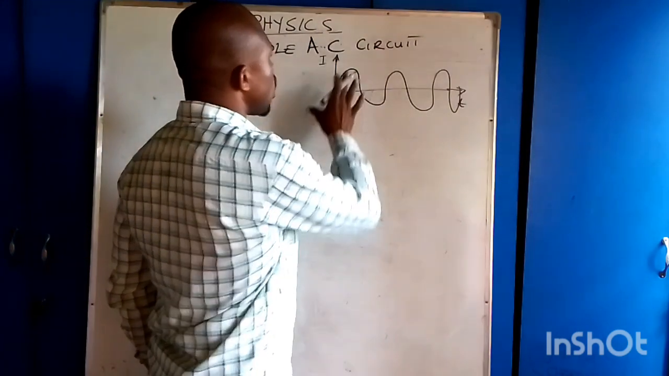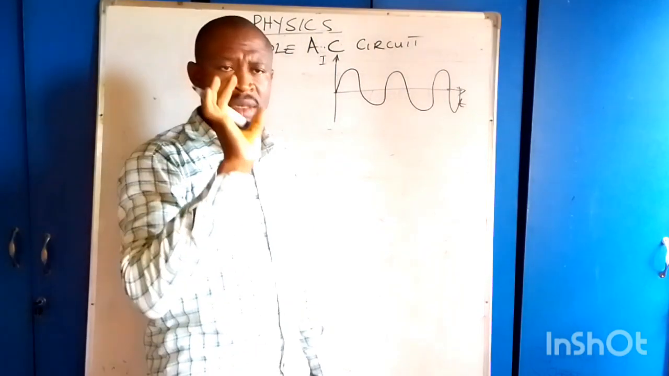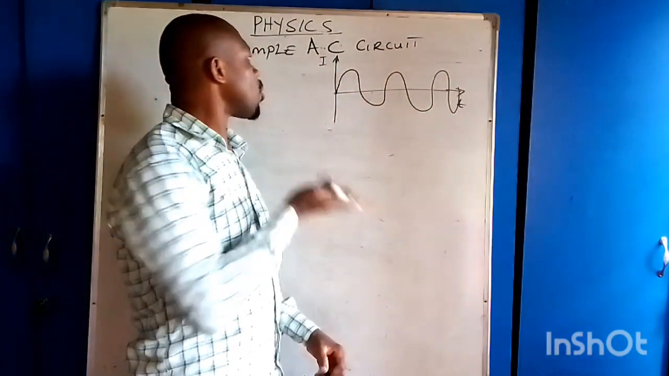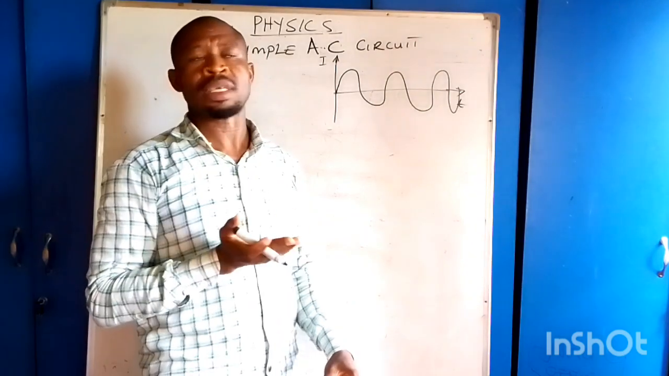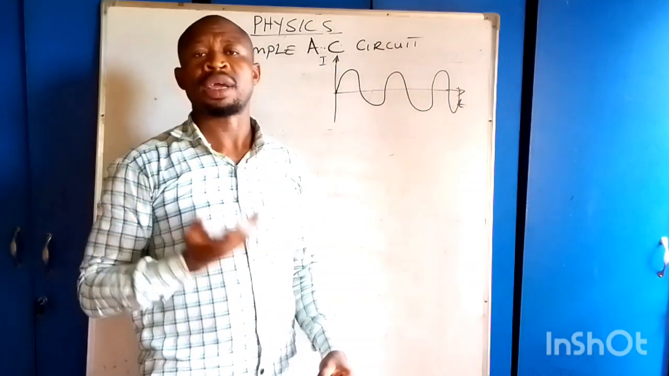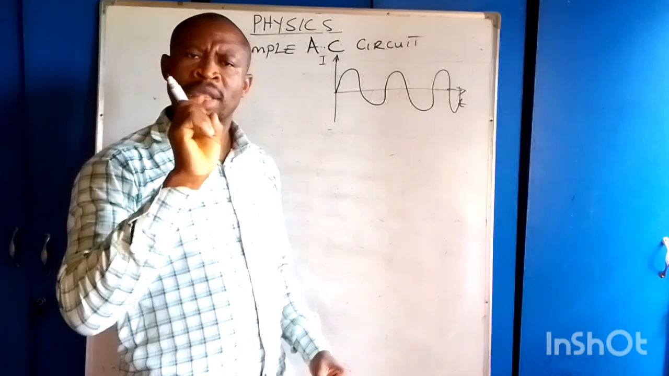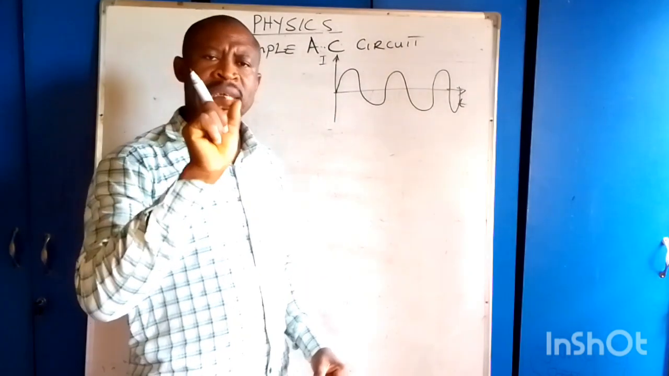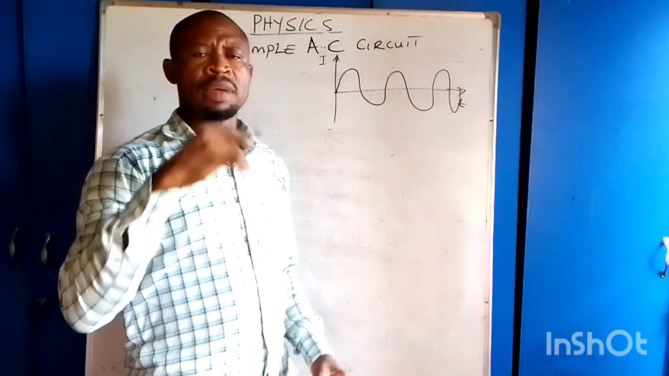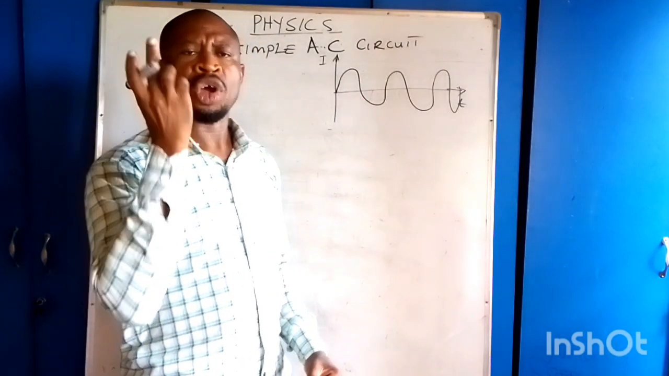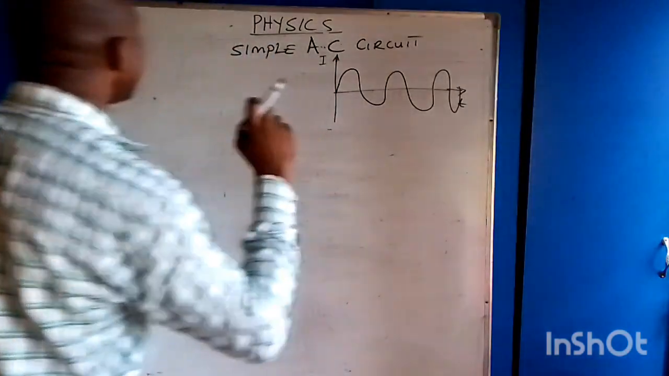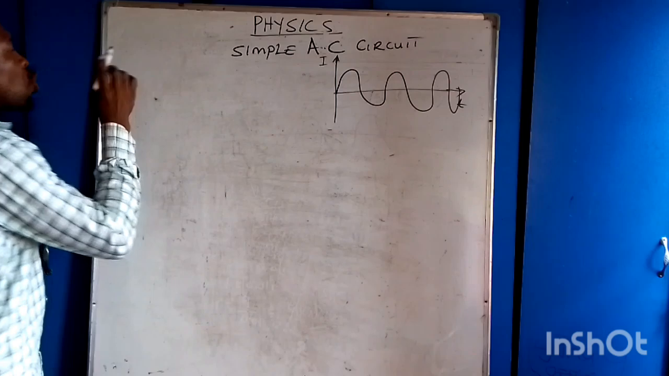Now because this is not steady, it varies. It keeps reversing to and fro. Because of that, we say that this is an alternating current. Now, alternating currents are usually produced by alternating voltages. Because of that, we can have both alternating current and alternating voltage. They can be represented by the equation that says